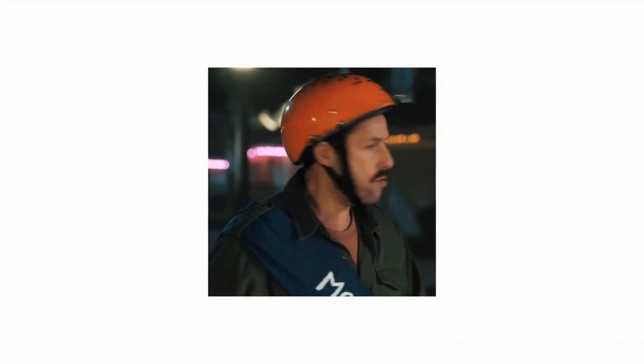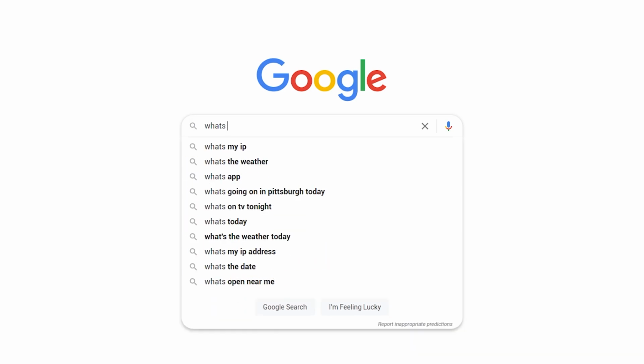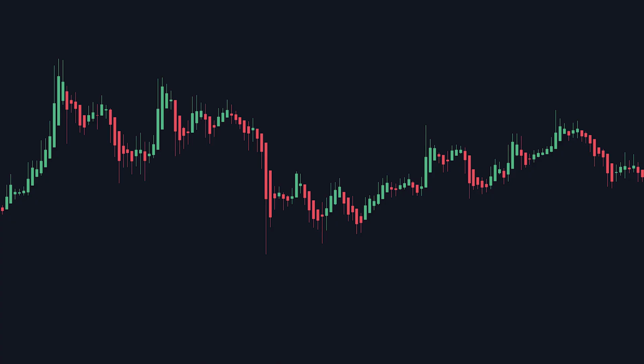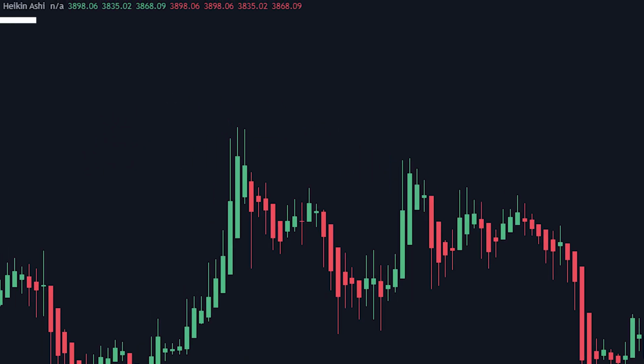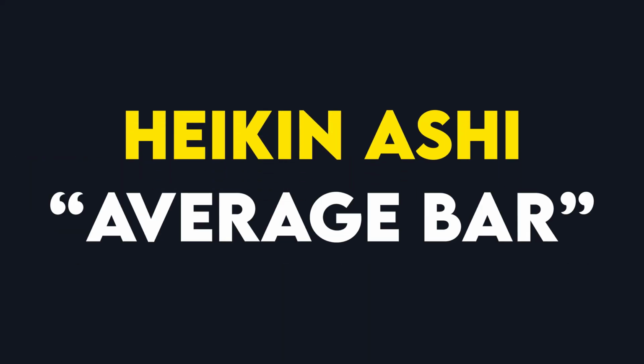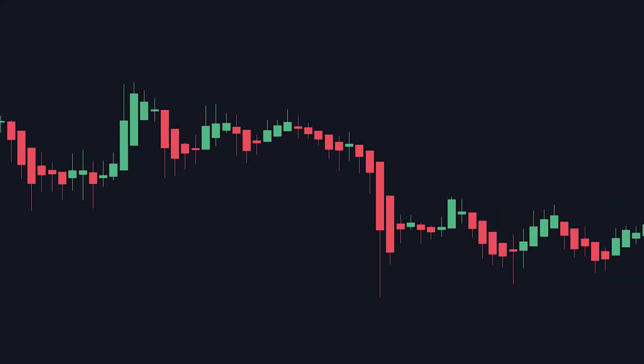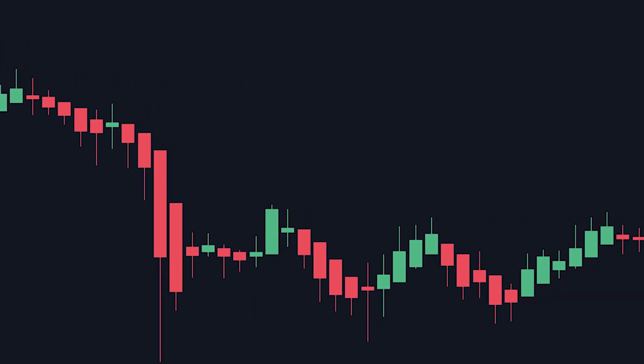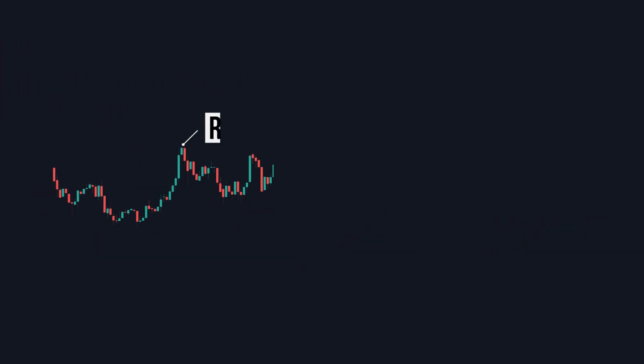For all the beginners out there, or for the people who don't know what the Heikin Ashi indicator is, let me give you a quick overview. So what we're looking at now looks as if it's just a normal chart, right? Well, actually we're looking at the Heikin Ashi indicator at work. Heikin Ashi actually means average bar in Japanese. So that's exactly what it's doing, finding the average in the candlesticks. So this is the real-time chart and this is the Heikin Ashi chart. So just make sure in the back of your head, you know the Heikin Ashi is not the real price,